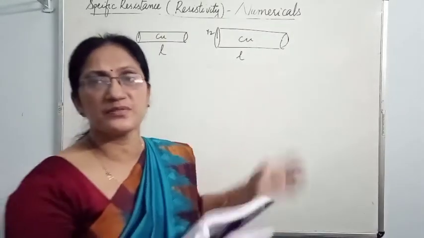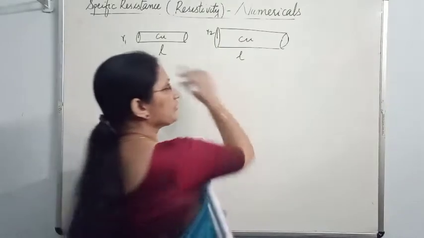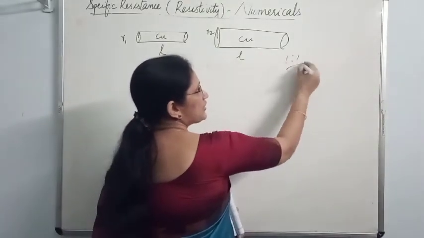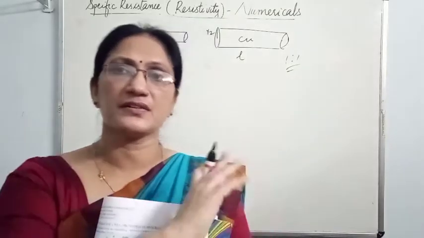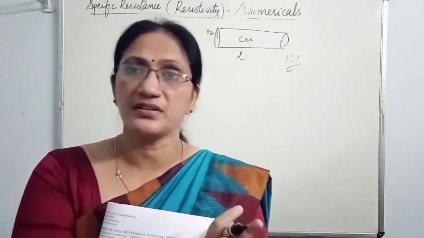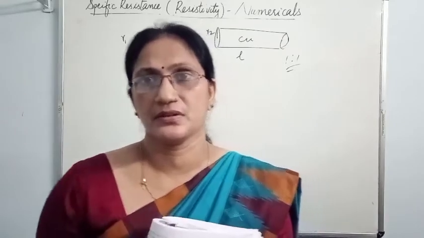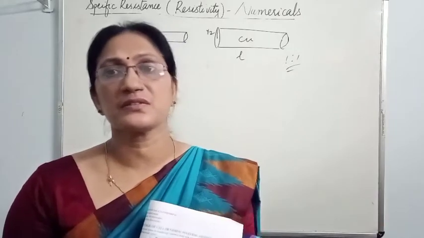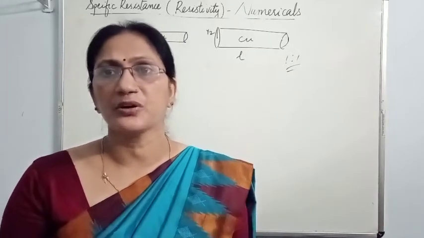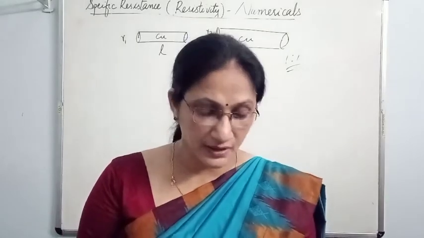You know resistivity will be the same. Since material is the same, resistivity of these two wires is in the ratio 1:1. As long as material is the same, resistivity is the same. Resistivity doesn't vary with the length or thickness, but resistance varies. Resistance of these two wires will be different, but resistivity will be the same. So the ratio of resistivity is 1:1. Reason is the material is the same.